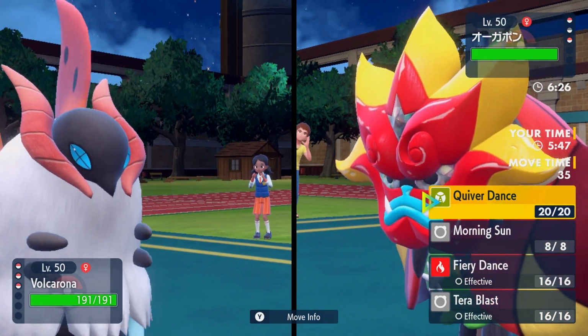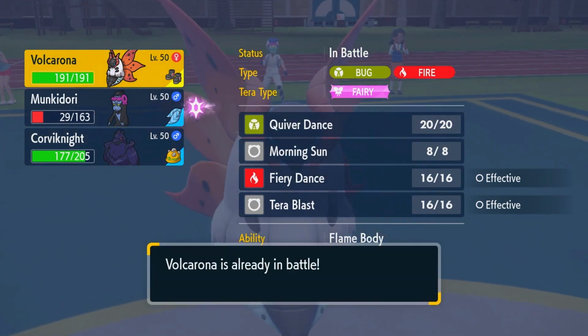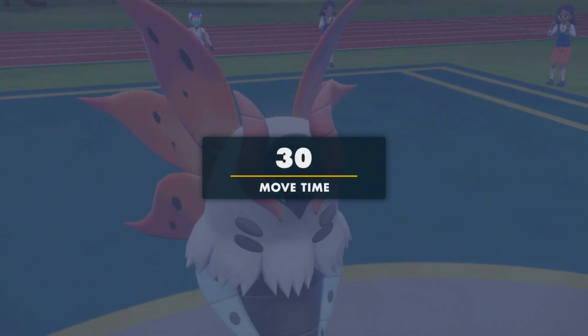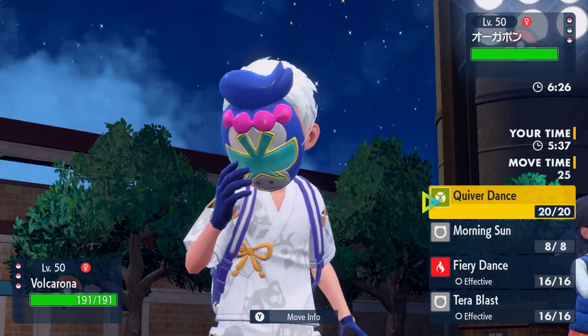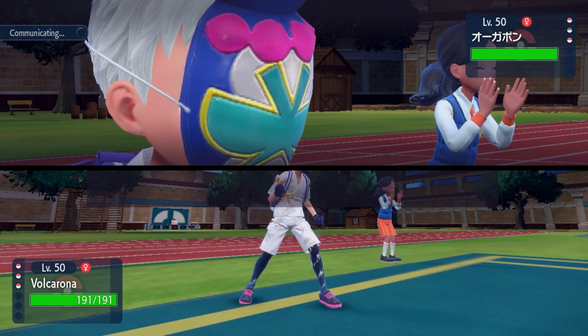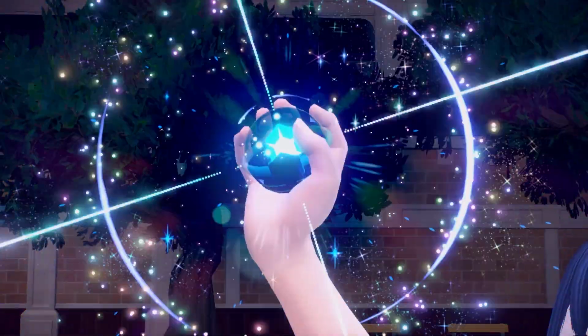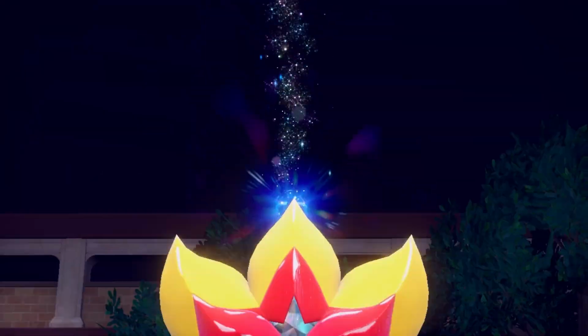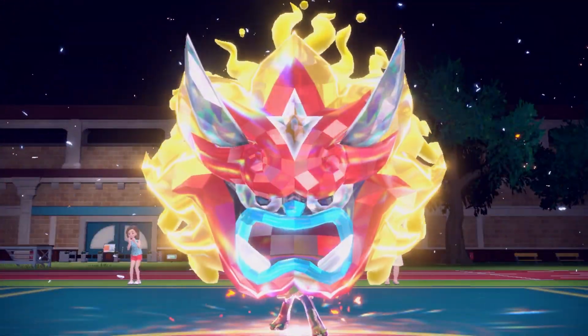I think I Quiver Dance? What's my speed at? Oh, no. What's my speed? 126. That's actually not great, to be honest. But I do think after a Quiver Dance, I'm faster than them. So as long as they don't Encore here, they're probably... Okay, they Terastallize. This is actually scary because they're going to go for their Fire Ivy Cudgel, which will do neutral damage against me, and it'll get the attack boost, because when they Terastallize, they get the attack boost here, so...